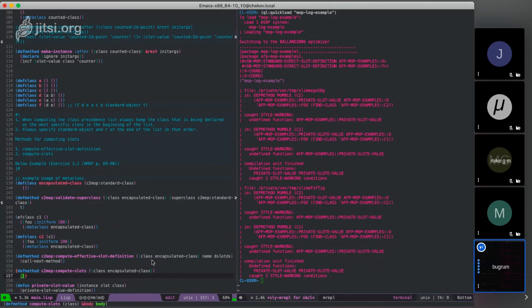Additionally, it talked about pre-computation of initialization arguments for init form that,